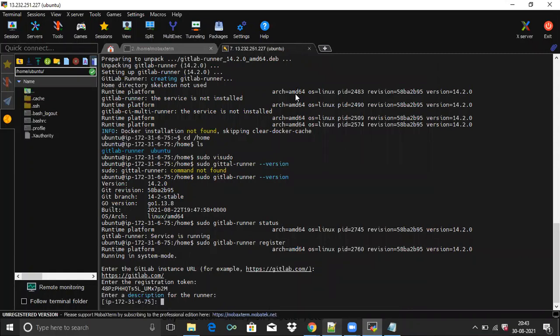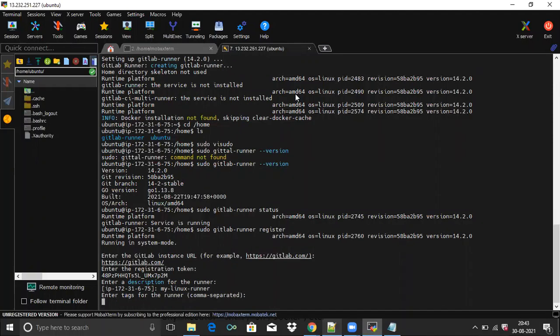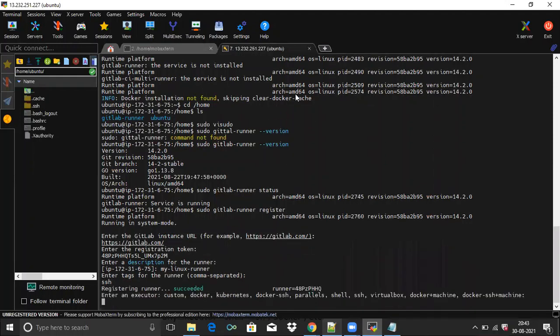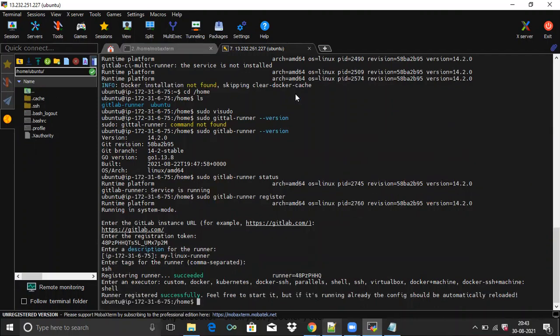Give some meaningful description, so my Linux runner. Then enter tags for the runner, so SSH. Then enter and executor: shell. You can see here runner registered successfully.